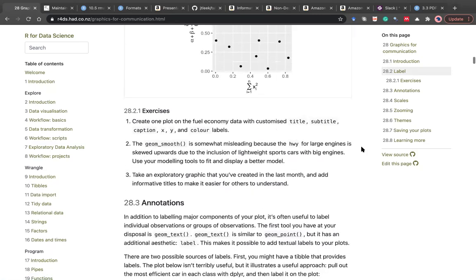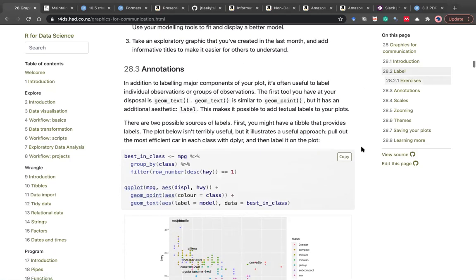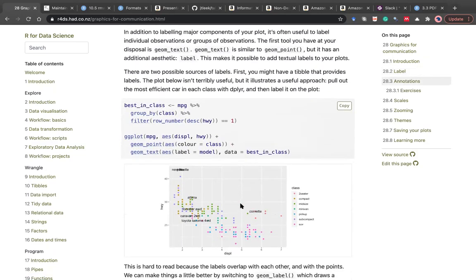Yes. So after that there is the annotations. Annotations is of course writing words and stuff like that. Here what they did is they got the full data set, then they grouped by class. So basically they got a single unique class name, and they just wanted to put the names of those classes on the plot,